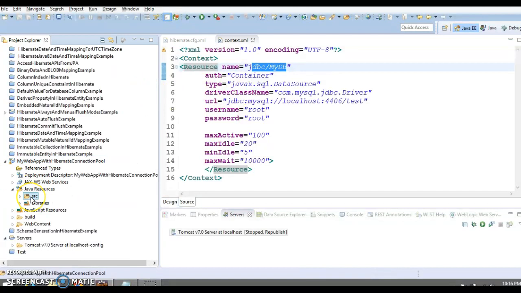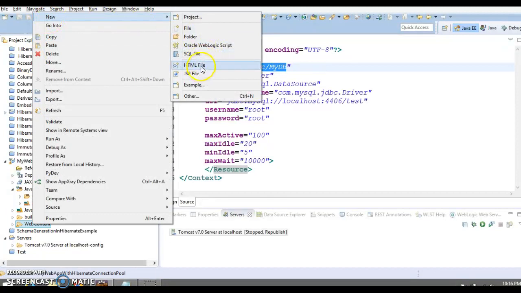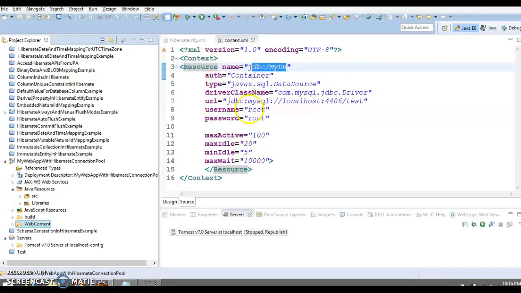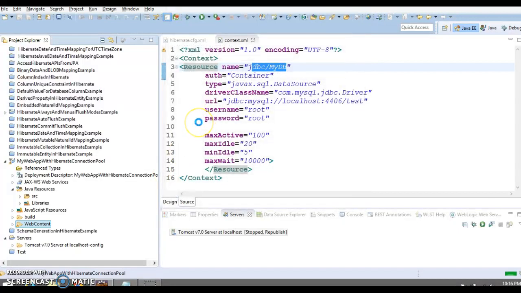Now let's create one, I'll create two files, and we have to create, or you can say first an HTML I'm going to create and second would be the JSP. So I would say index.html, and here